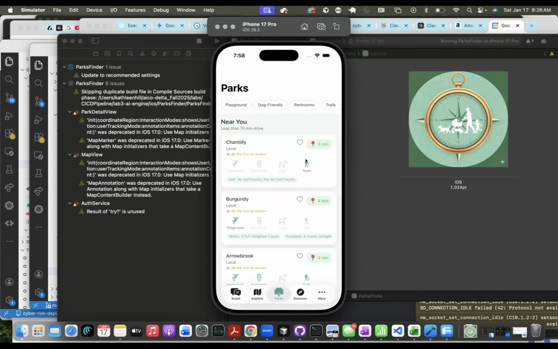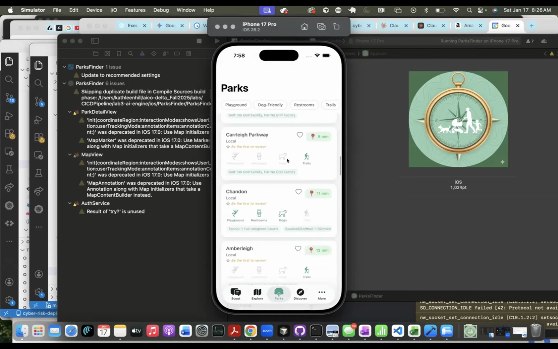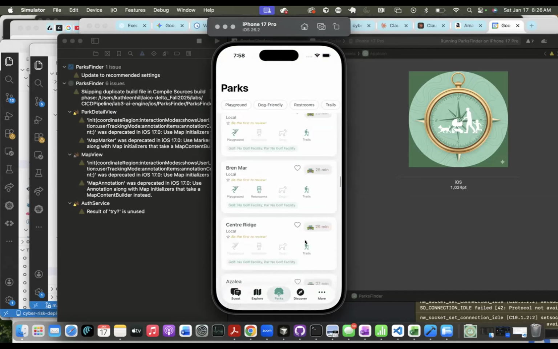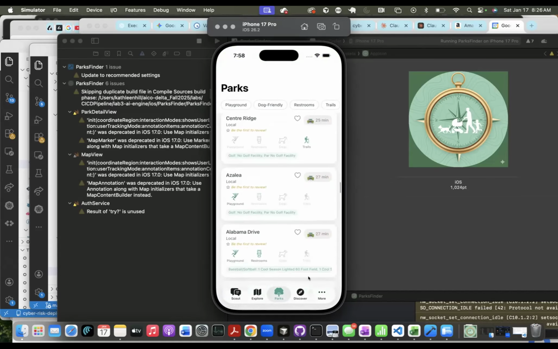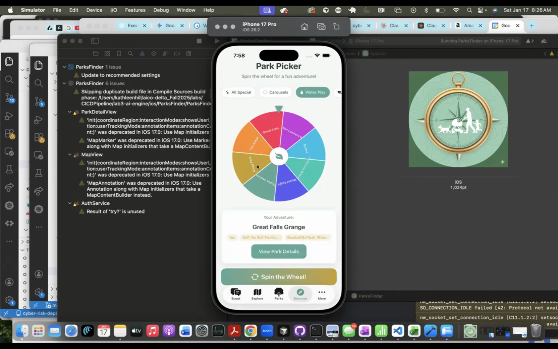And so for parks near you, I have little pins for drive distance. It's just a pin if it's close. And then once it gets further away, I changed it to be a little car. Because it's an app and I want people to engage with it, if it's a hot day and I want to go to a splash pad or somewhere in Fairfax County that has water available, here's all the different ones, and they're like, okay, today we're going to go to Great Falls. So I thought that might be a fun thing.